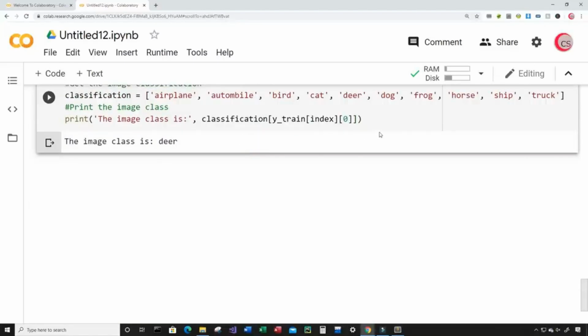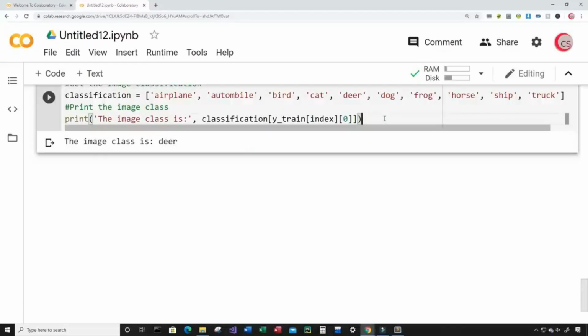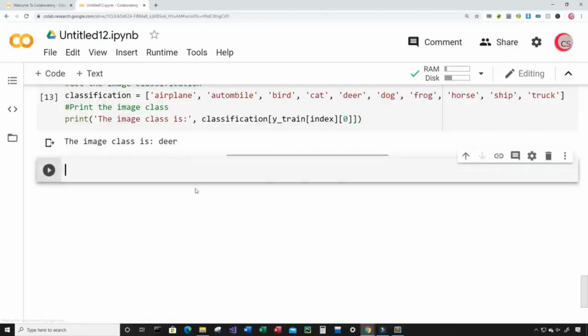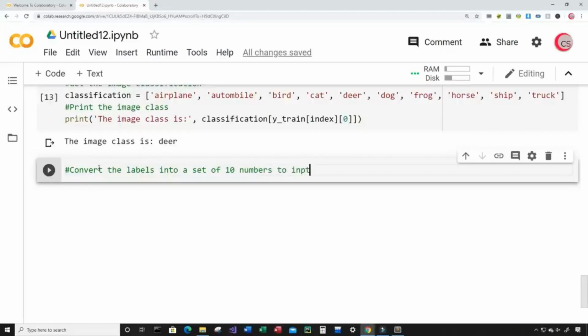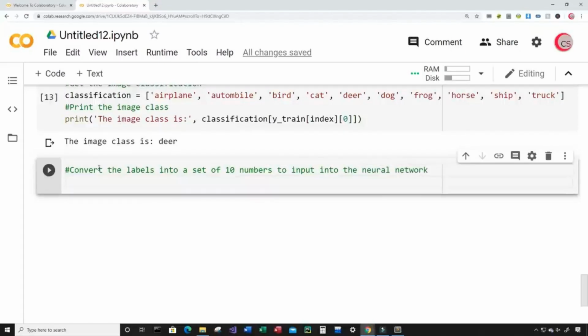Okay, so hopefully all of that was understandable. And now let's prepare the data for the neural network. So I'm going to create a new cell. And here I want to convert the labels into a set of 10 numbers to input into the neural network. So I'm going to create some variables here. So I'm going to create y_train_1_hot,